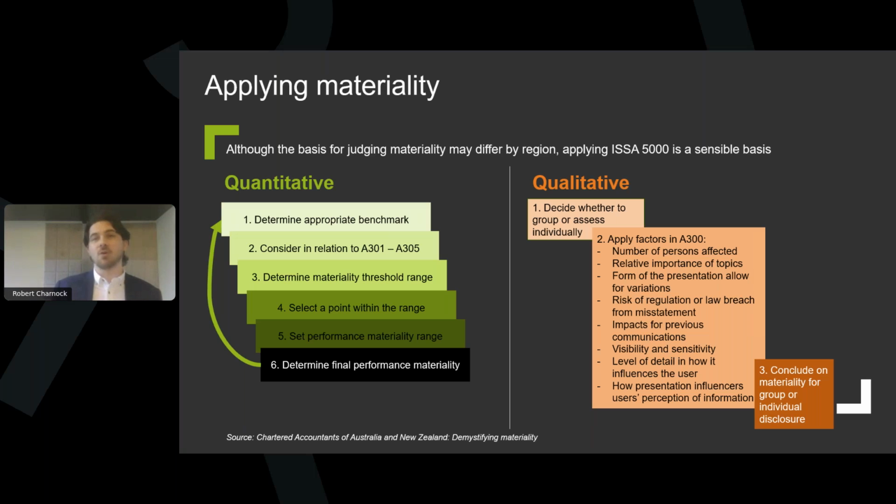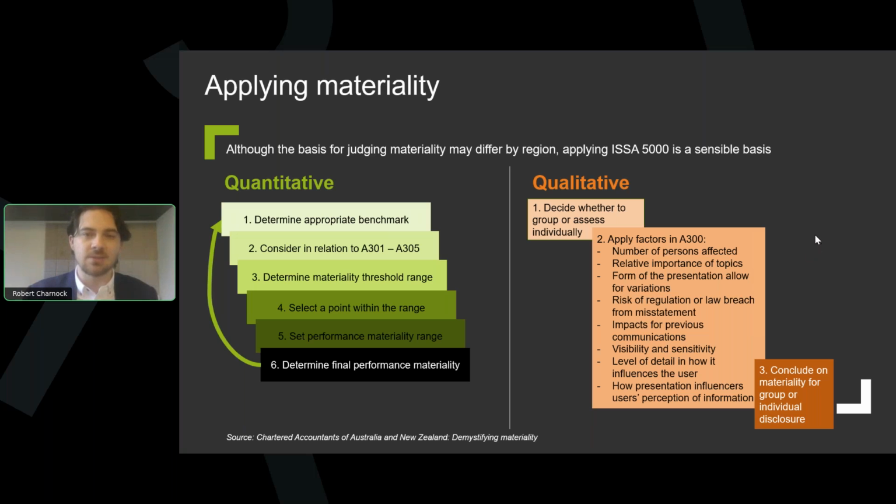Now, of course, we're talking about quantitative here. If we looked at qualitative, it would follow a relatively similar approach, and ISSA 5000 covers that as well. So if you're on the qualitative aspect of your work, there is still going to be a lot of relevant information here about how you categorize and go through. But because we're talking about quantitative, I'll leave that and just flag that it's in the standard, and instead move